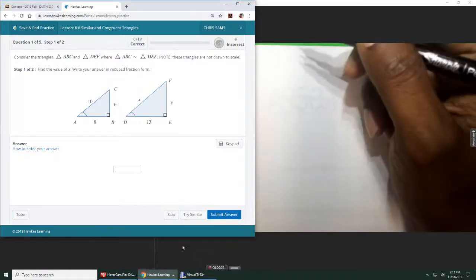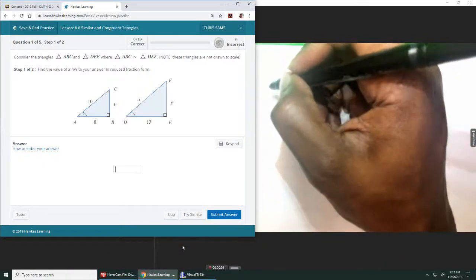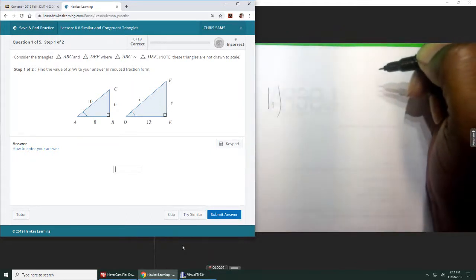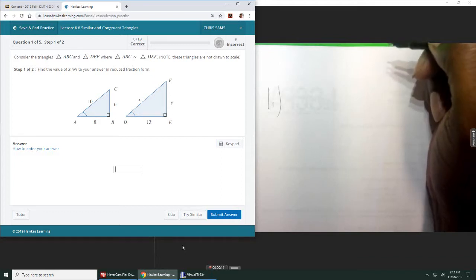All right, so 6.6, this is number one. We are dealing with similar triangles. We want to find the value of x. Okay, so looking at these two triangles,